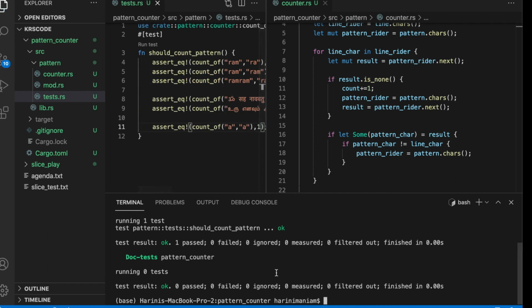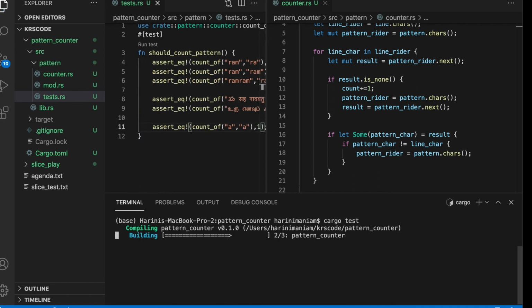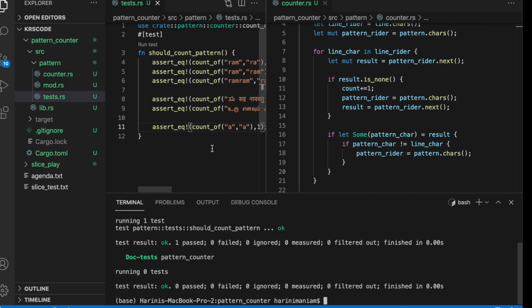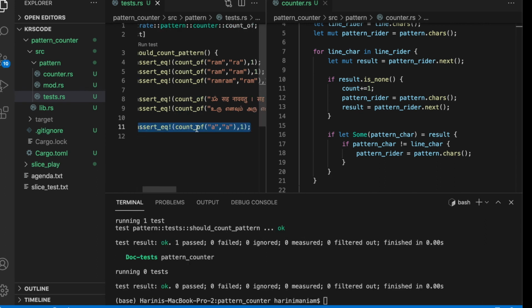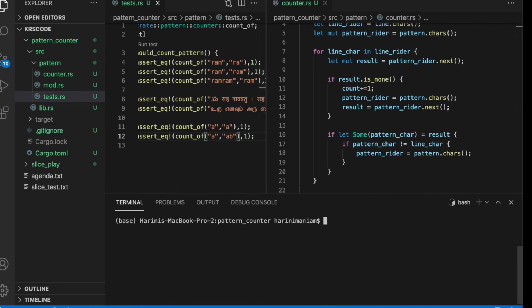We should check this. Yeah, this is working. And let us introduce one more test case where I have A and this is bigger. I mean the length of the pattern is greater than the length of the line. So naturally it should ideally be 0